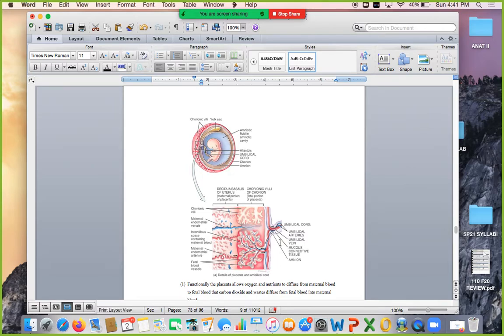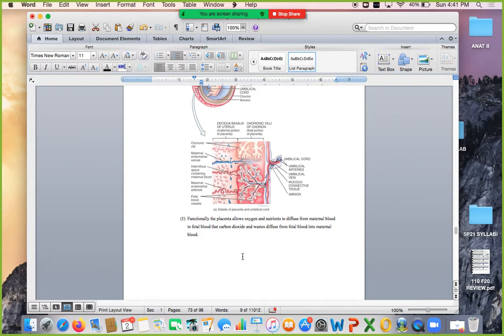So here we have the umbilical cord, which is going to be the fetal vasculature. It's going to have the umbilical vein and the umbilical arteries that are going to feed into these regions here, which are the chorionic villi. Again, that's the fetal placenta portion. Here's the maternal portion, which is going to be in the decidua basalis of the uterus, right? Remember, implantation is going to go all the way into what used to be the endometrium, but is now the decidual layer. And it's going to pool with blood. So we're going to have maternal vasculature here